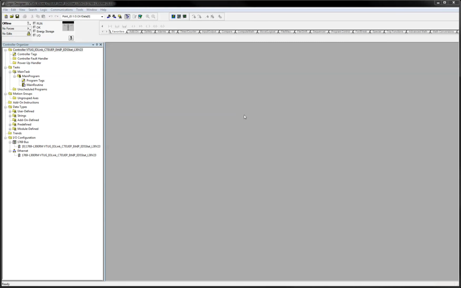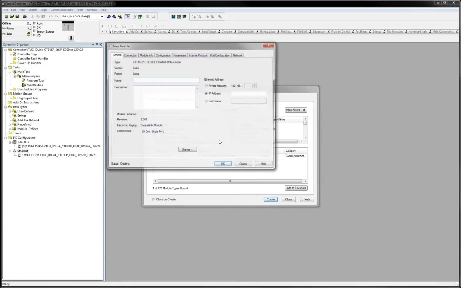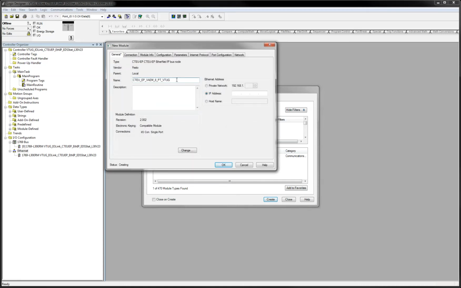And what we want to do here is we want to add a new module. And because we've added this EDS file already, I can just type in CTEU, and the device will come up here. Click on create, give it a name. I give it the CTEU, which with the next layer here, which is a VAEM-PT, and then there's a VTUG. In this case, it's 11, and then we're going to get to the important part